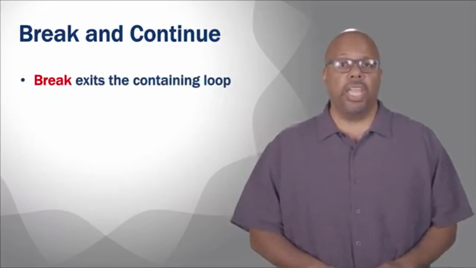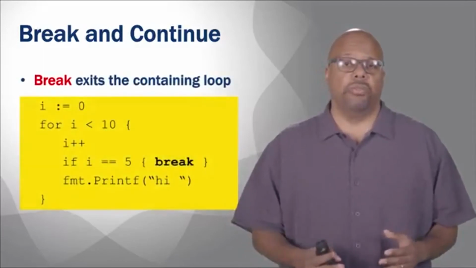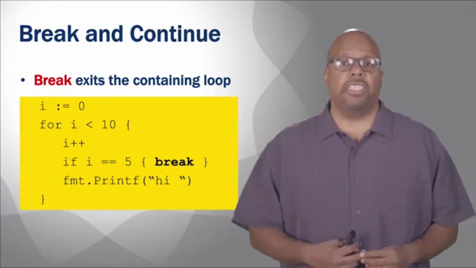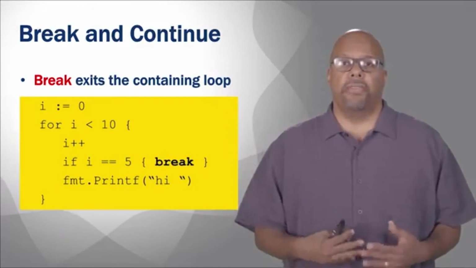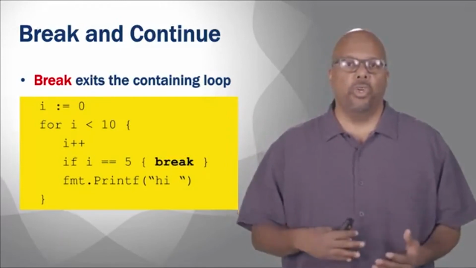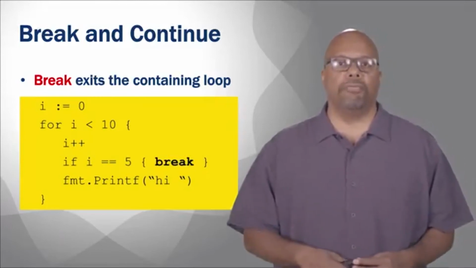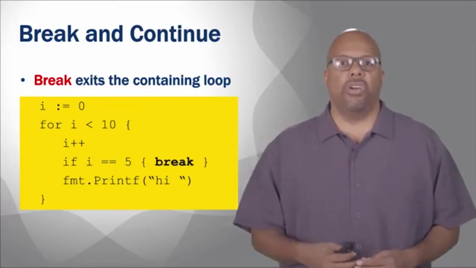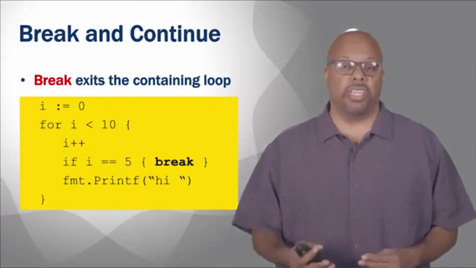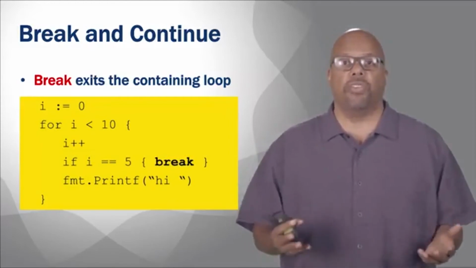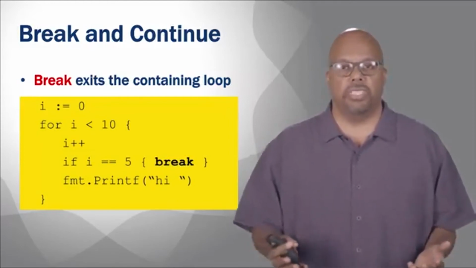Break and continue are also control flow instructions. Sometimes they're considered bad form, but they definitely exist and they're used. So break and continue are for loops. A break exits the containing loop. So say you're inside a loop, and in this case, we've got a for loop: i equals 0, i less than 10, and there's an i++. This is supposed to iterate through 10 times, conceivably.